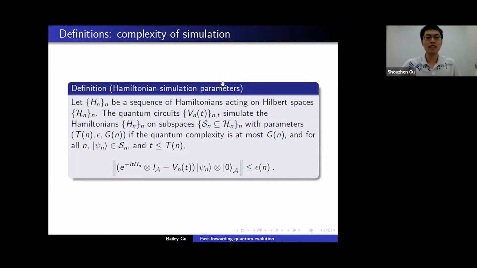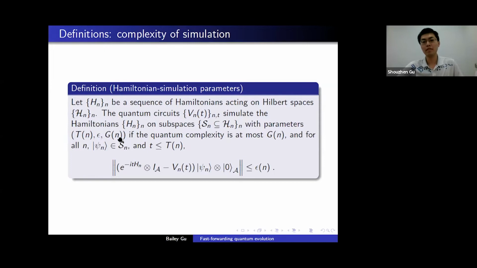Okay, so the definition of fast forwarding. First, let's talk about the complexity of doing a certain simulation. Let's consider a sequence of Hamiltonians, Hn, that act on some Hilbert spaces, script Hn. And let's say that we have some circuits Vn of t. Then we're going to say that these circuits simulate the sequence of Hamiltonians with parameters t of n, epsilon, and